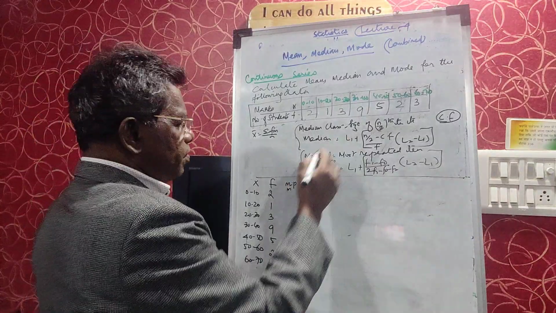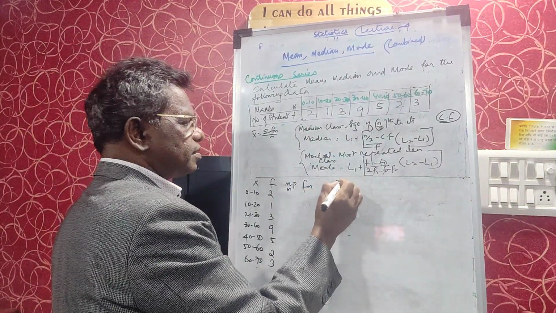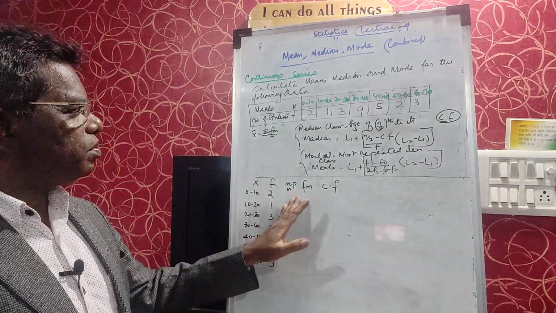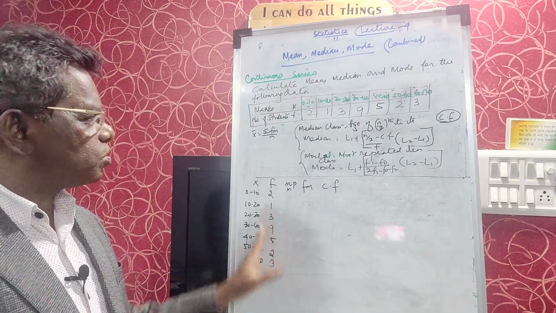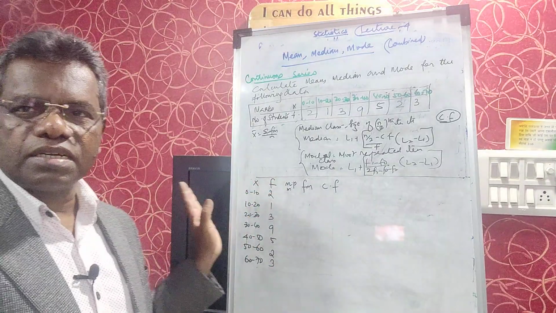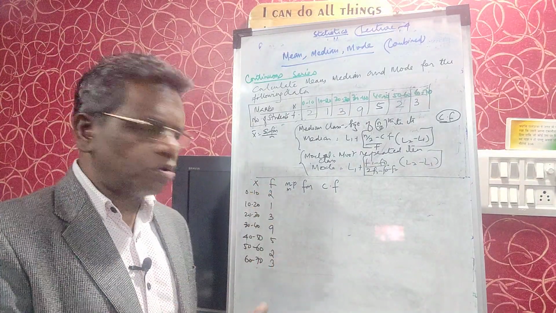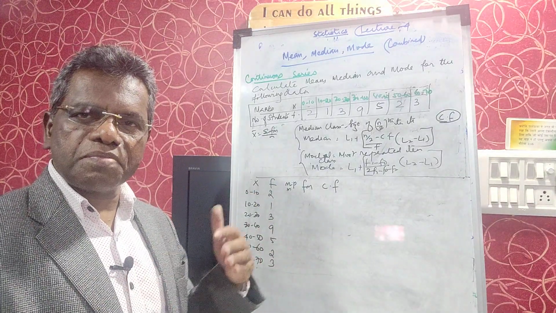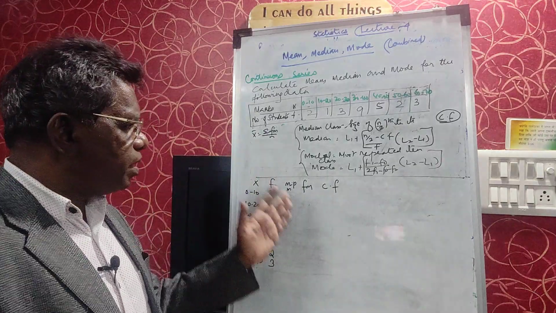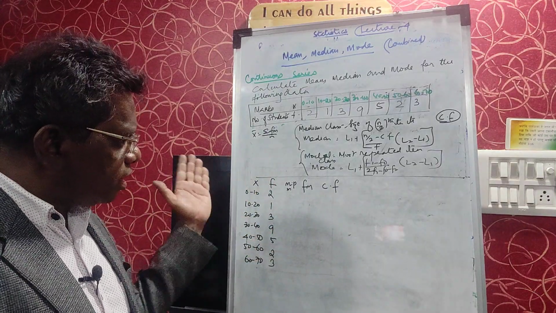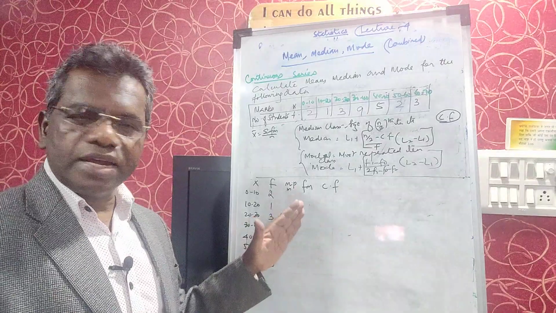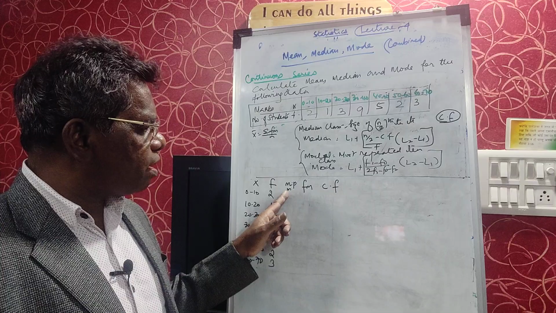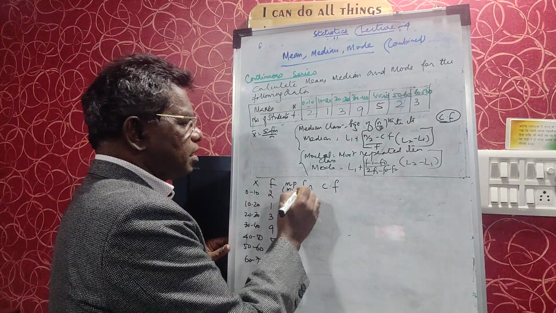Now for median, what do we need? We need CF, nothing else. So we don't want any more columns. Only these are the columns. All of mean, median, mode, everything is here in these columns. So you don't need to do median separate, mean separate and mode separate. For median and mode, no extra column is required; for median we need only CF to be added. And for mean we have taken the midpoint as well as the fm and sigma fm.